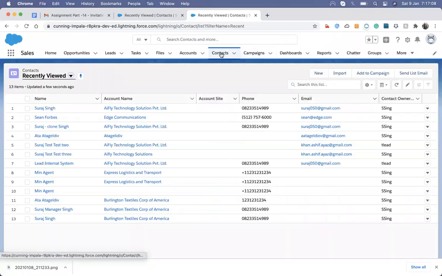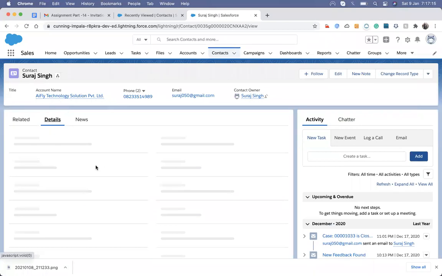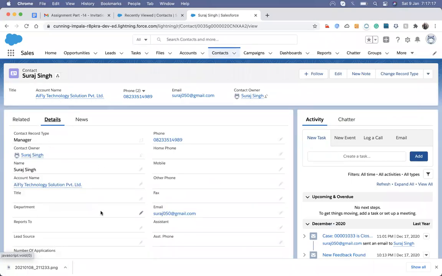We are using this contact as an S object, and these are its records, meaning its values. It's nothing but S object field values. If we are talking about this value, this is the S object phone field value, meaning the contact phone field value. It's not an S object. If we create an object from a contact, it's a definition of that. That will not be called an S object.